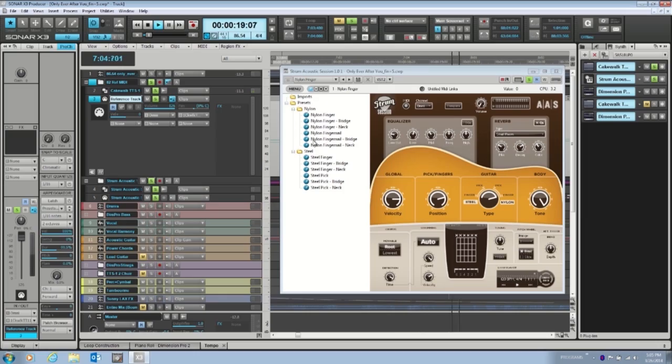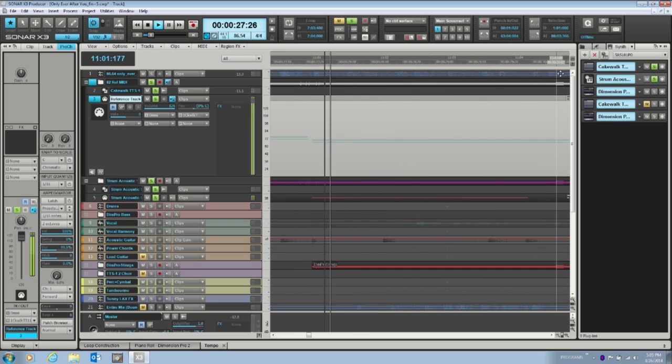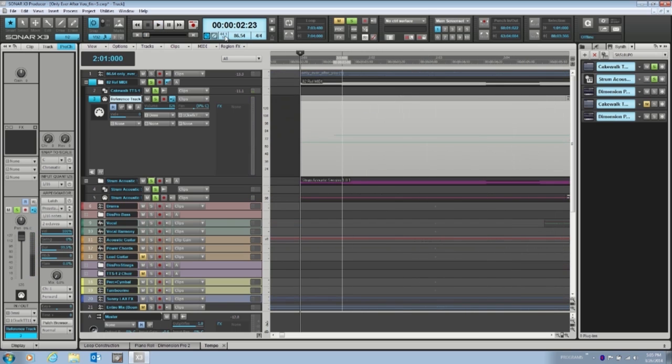So after I played around with this enough, it's like, okay, now it's time to lay down some guitar parts and things like that. I started messing around with the tempo, and I thought, just listening to it like this by itself, it almost sounds more like it could be a ballad. So I thought, what if I slowed it down a little bit? So I set the tempo to 82. And of course, because it's MIDI,